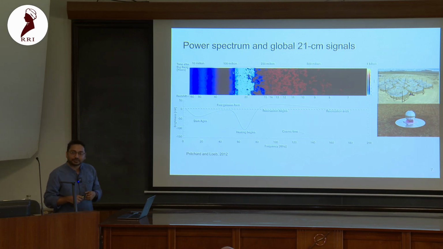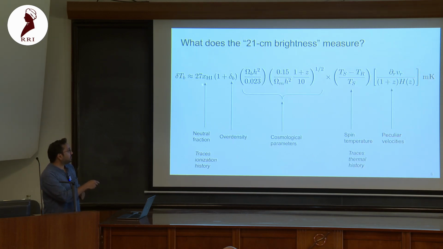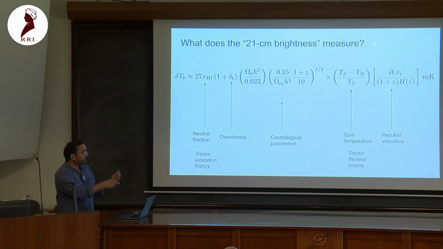So you got this plot using the brightness temperature equation that you showed last time? Yes, but what we need is a prescription for ionization and a prescription for spin temperature evolution. One has to start from an astrophysical scenario. So you have to basically plant some stars, prescribe what the luminosity function is, the radiative transfer, and from there you get how the spin temperature evolves. In that case, you are putting in all the assumptions. Yes. And show what the free parameters are. So they are more about the halo properties rather than directly putting it as a spin temperature property.